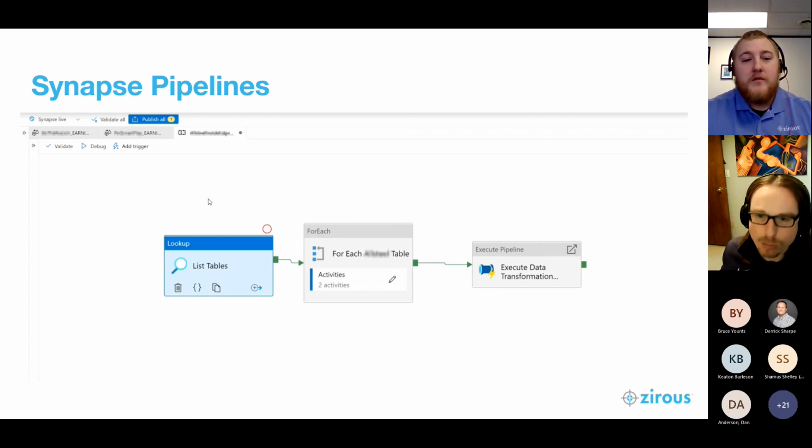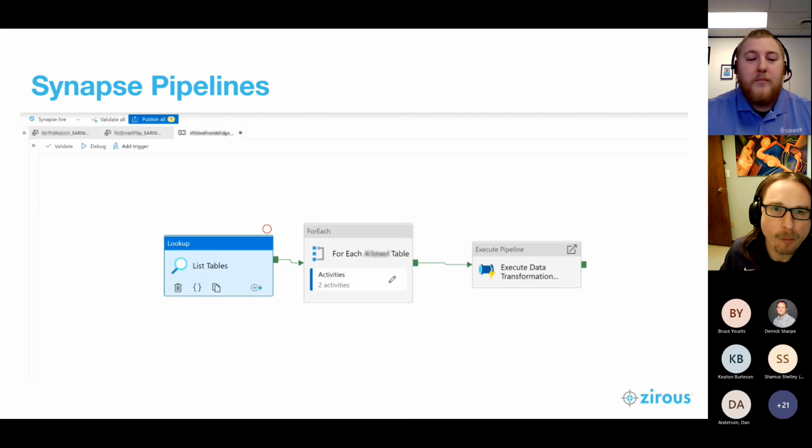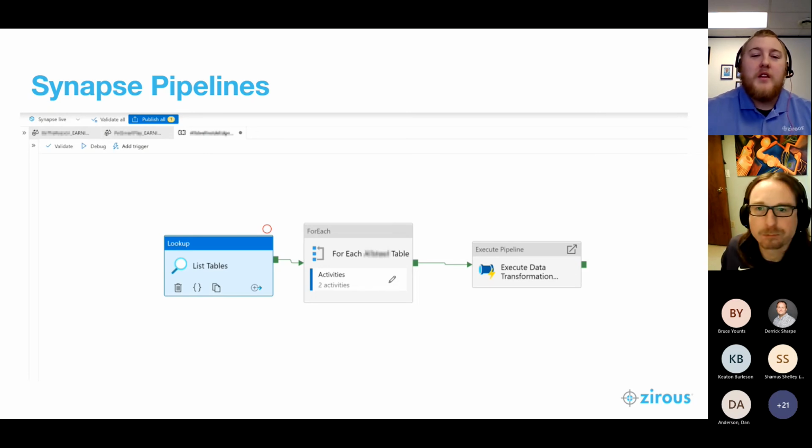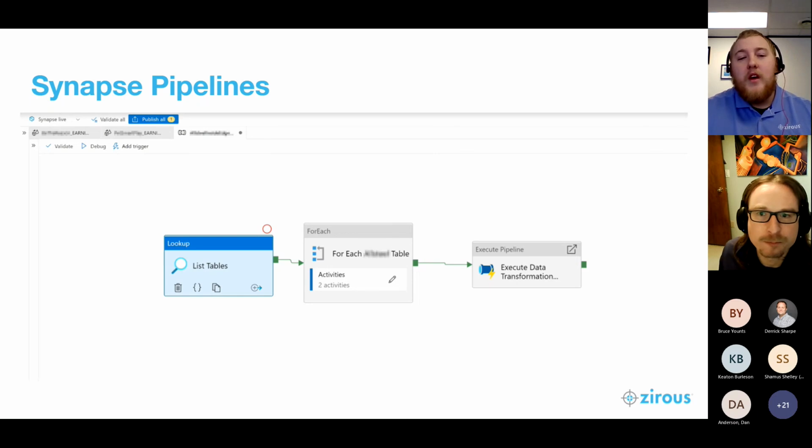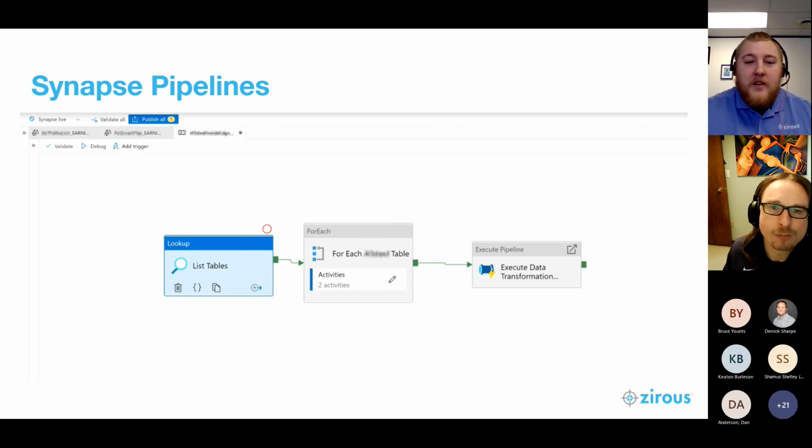I know some of you might be questioning, well, why don't I just have those activities for the data transformation inside of this pipeline and save that step? The reason we're doing that is there's an inherent 40 activity limit in pipelines. So you want to make sure that you're separating things into logical units and not getting into the case where you run into that 40 activity limit and have to splice together activities that may or may not be related. So we split it off into ingesting things into raw, moving them from raw to transform, and keep everything logically consistent so you can find what you're looking for easier.